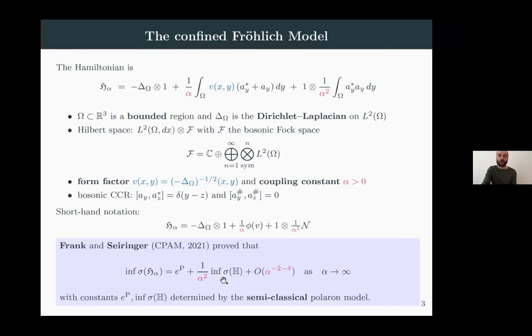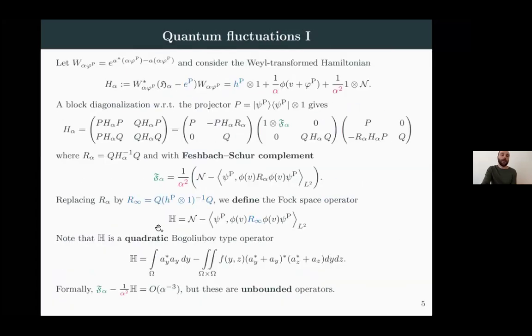And to understand the second term, we have to introduce the operator H that describes the quantum fluctuations around the classical field. And at this point, it becomes a bit more convenient to explicitly extract the leading order, the large contribution of the classical field, from the Hamiltonian. And this, as usual, can be done in terms of a unitary Weyl transformation. So after subtracting the Pekar energy from the Hamiltonian and applying this transformation, we obtain the following Hamiltonian, where this Schrödinger operator H_P from the previous slide appears,